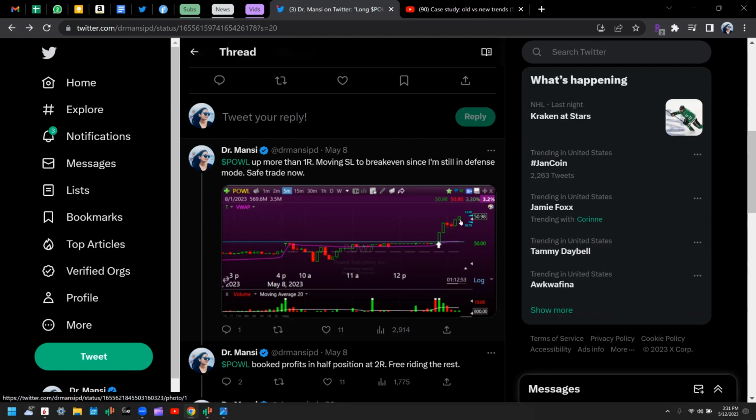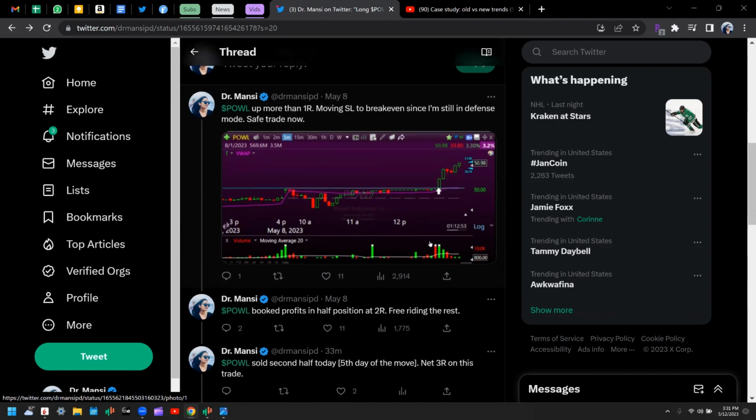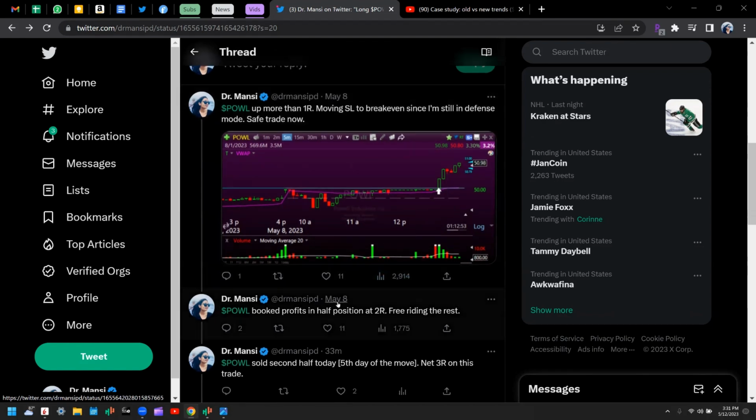legitimate breakouts, and this is how they will behave. If you time the entry really, really well and get in exactly when the stock is breaking out on large volume, then they usually just shoot up and your trade becomes safe within an hour or even less, as in this case, and you're never really going to be in the red on that trade. The same day itself,